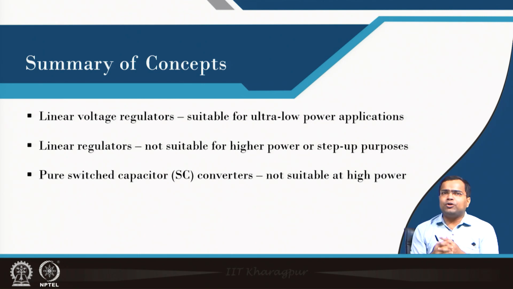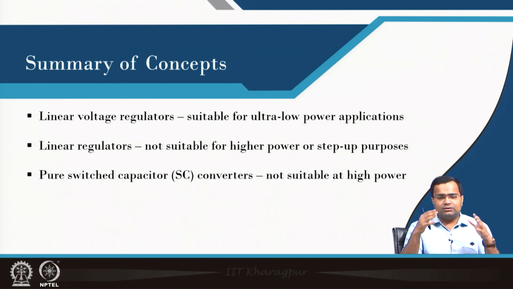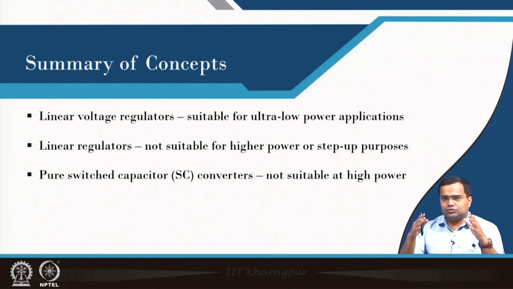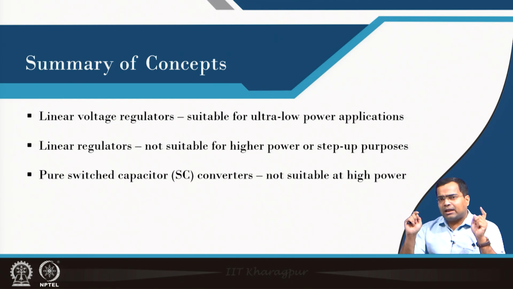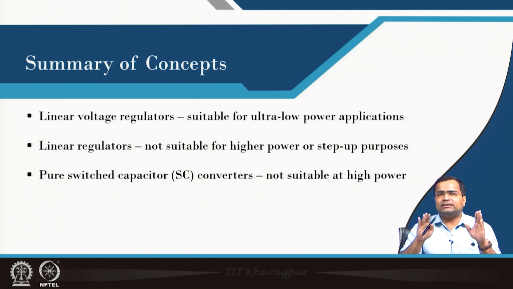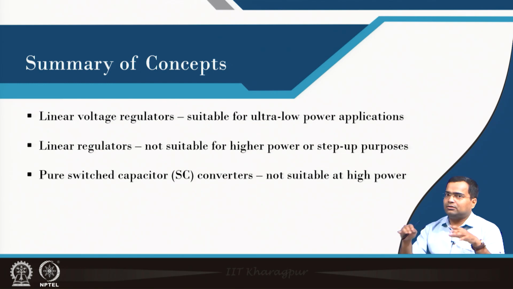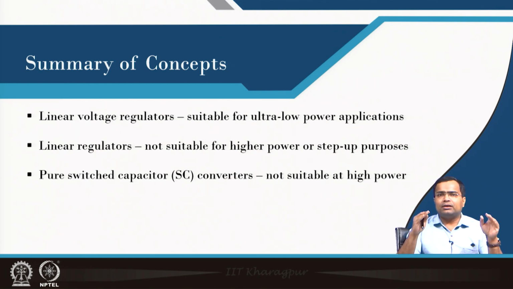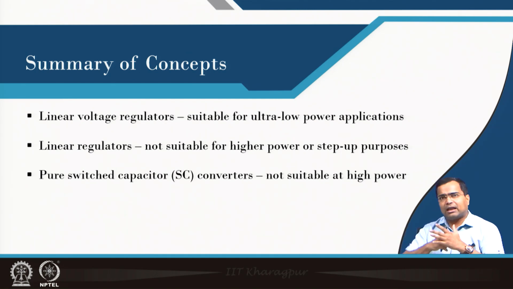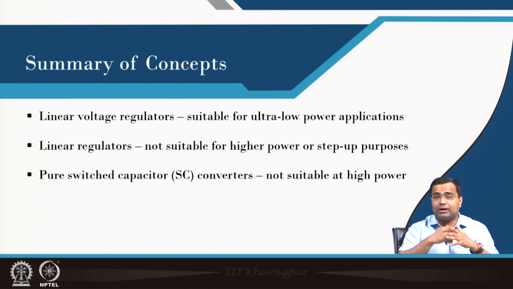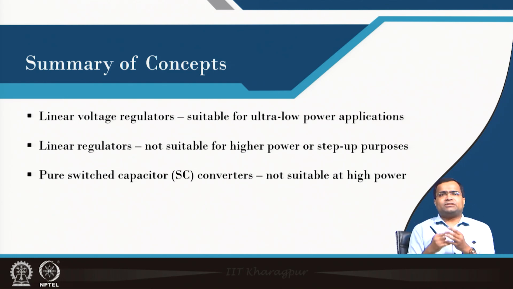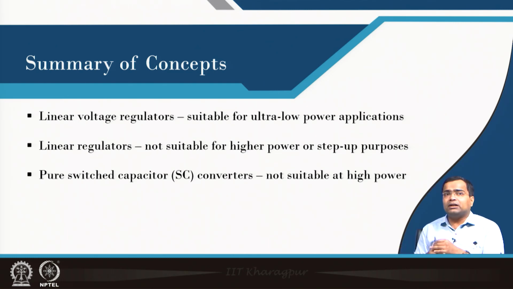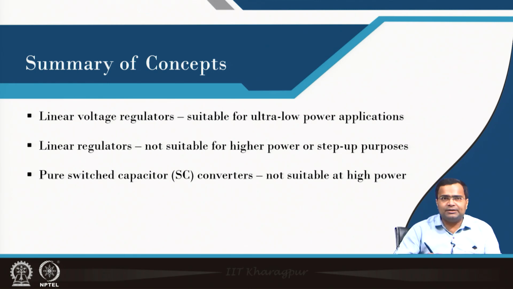Then we discussed pure switch capacitor converters, where the flying caps are used to achieve the desired voltage conversion, and we saw the voltage can be changed by a factor of 2 for one cell, and a factor of 4 for 2 cells. Such converters suffer from load and line regulation problems, and they are not suitable for very high power. But now people are also thinking of going for higher power applications, because switch capacitor converters are used even in multi-level converters as well.